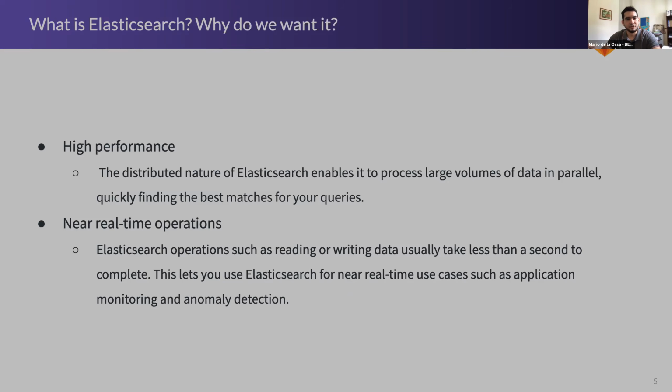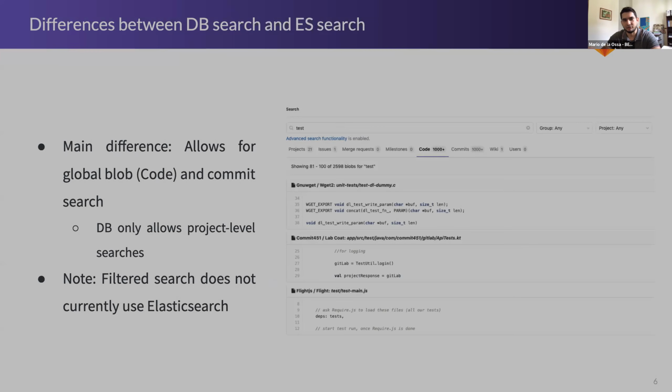So we talked about what it is. Let's talk about the differences between database search and Elasticsearch. And the main difference and the main reason why we want to implement Elasticsearch on GitLab.com is that it allows for global code and commit search. So right now, if you go to GitLab.com and you try to search for code or commits, you cannot do this globally. You have to drill down into a particular project before you can search for code. So as you can see in the screenshot on the right, we are searching through any group and any project in the